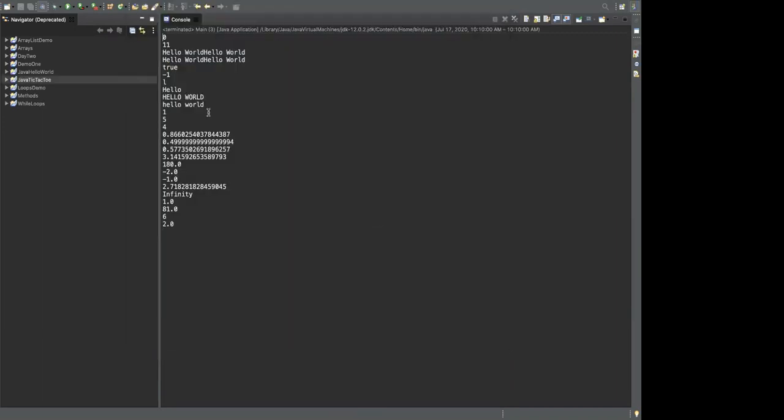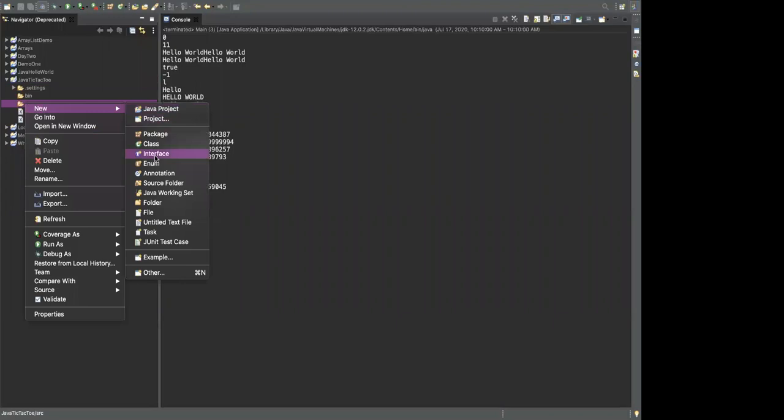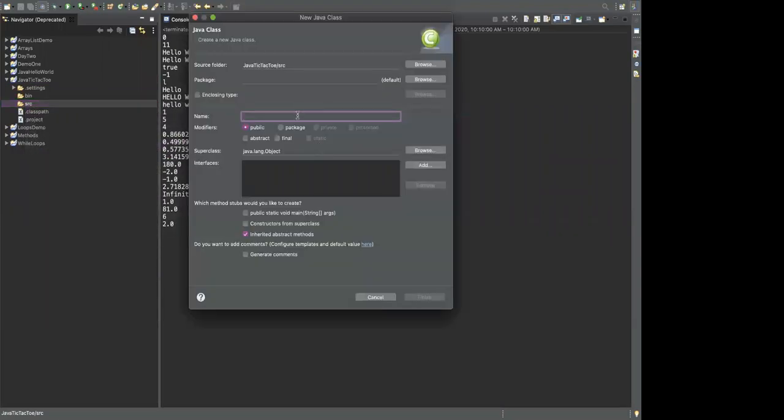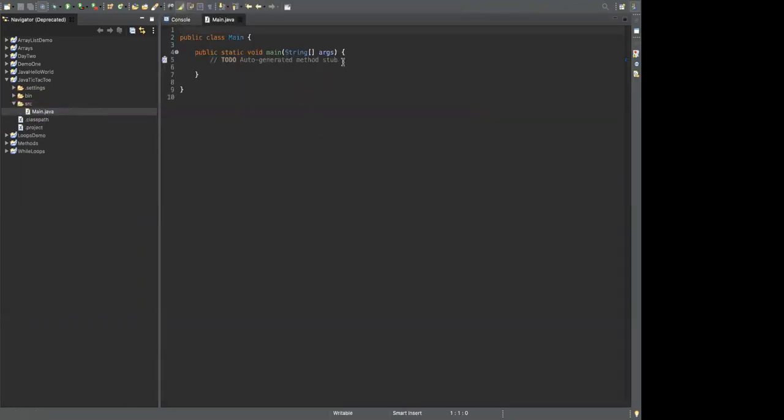Don't create the module, and then create a class inside of the source folder, and we're gonna call this main class, and check the main method. Press finish. And today I just want to write all of our code inside of the main class because it's